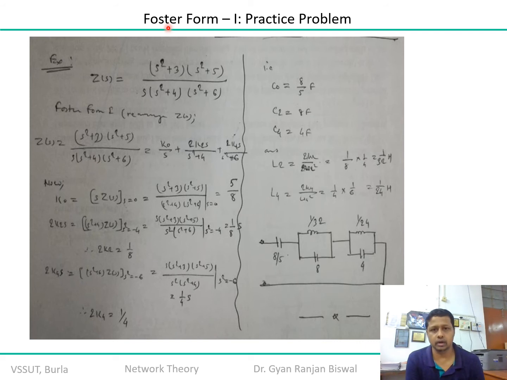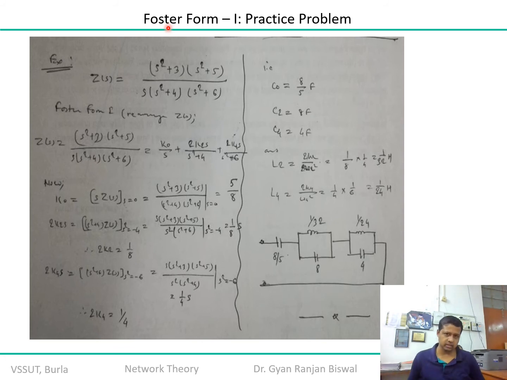So in other words, you can have the value of 2k2 and 1 upon 2k2. Third, similarly you can find out the value of 2k4 s. There you are getting s by 4, and for 2k2 s you are getting s by 8. Therefore 2k2 is equal to 1 by 8 and 2k4 is equal to 1 by 4. Obviously we can get the values of k2 and k4, but remember that our parallel tuned network values are represented in terms of 2k, so there is no sense in doing that exercise.